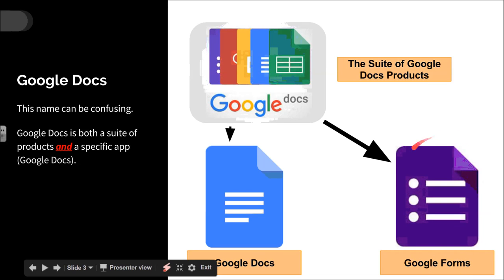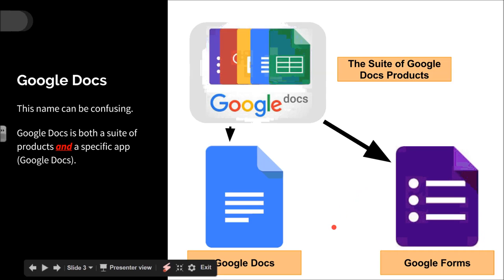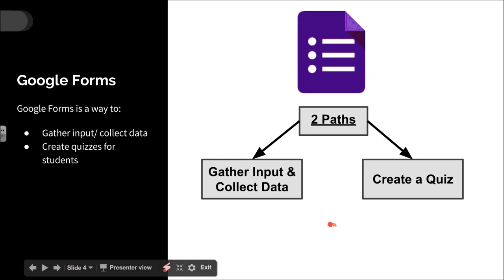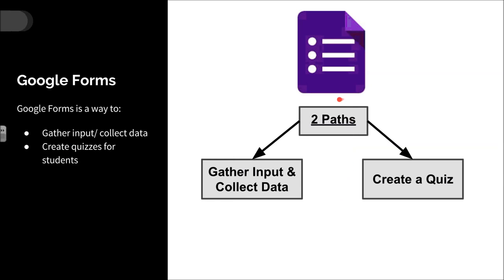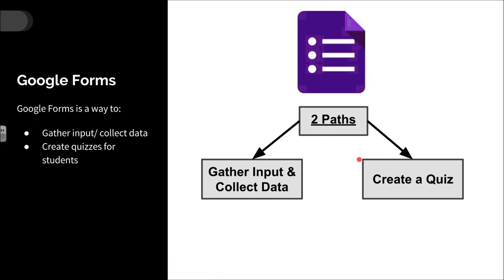And again, other people have since tried to catch up, but Google was certainly the leader in creating an online form system that was free and easy to use for people who had Google accounts. Though Google Forms is one product, I really think that it has 2 very divergent and different paths. One of those is to gather input and collect data, and the other is to create a quiz. Because these are so different, I would like to separate these out in the video today and talk about them separately, and I will give examples of how to create each one and talk about that in a separate section